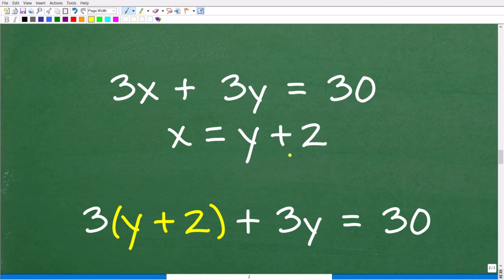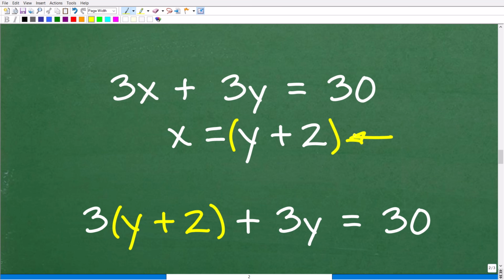Now why am I doing that? Because when you use the substitution method, what you want to do is solve for one variable in one of the equations. Here, we already have x basically solved for in this equation, so it's pretty straightforward to use the substitution method. But a lot of people will make mistakes because they don't have parentheses around what x or y might be solved for. So get in the habit of putting parentheses around your sums and differences just like this,